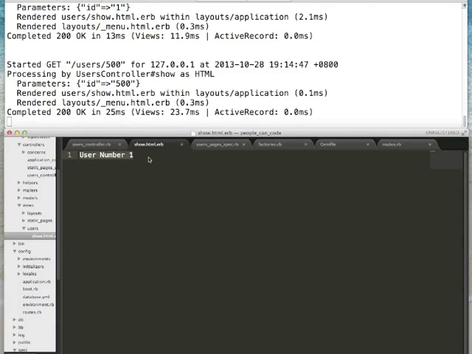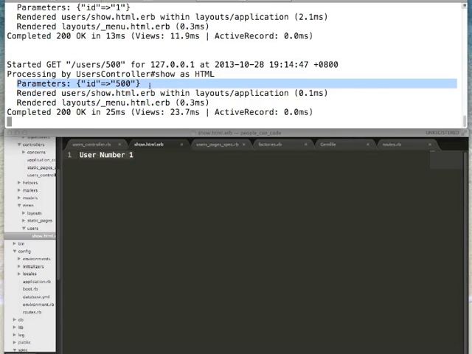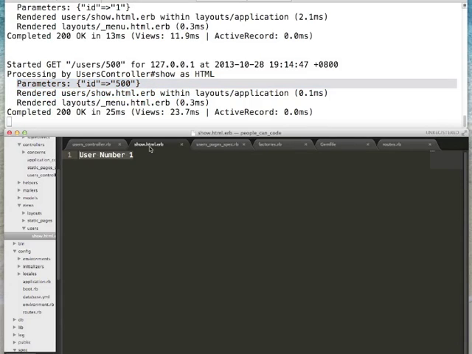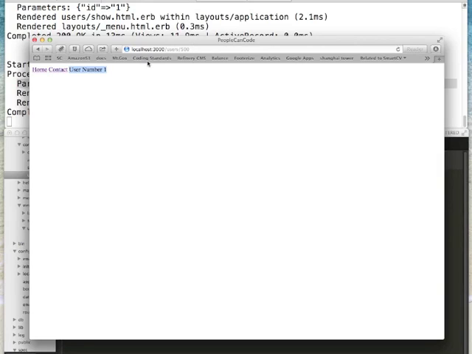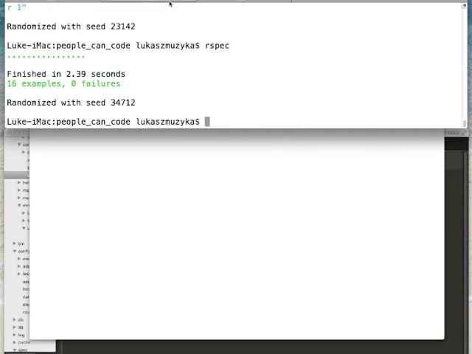So let's go here and make it dynamic. So for each different URL, for different ID of a user, see here is passing ID 500. For each ID, we'll display a different user. So let's go back to our controller and let's find our user. So we say @user equals User.find(params[:id]), because when you go in our path, this 500 here would be an ID,